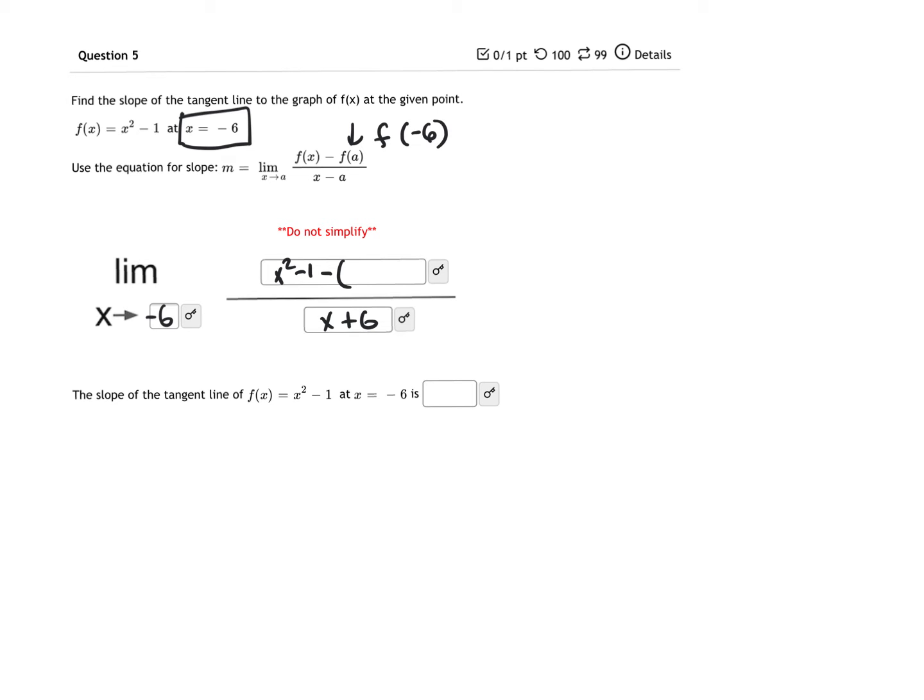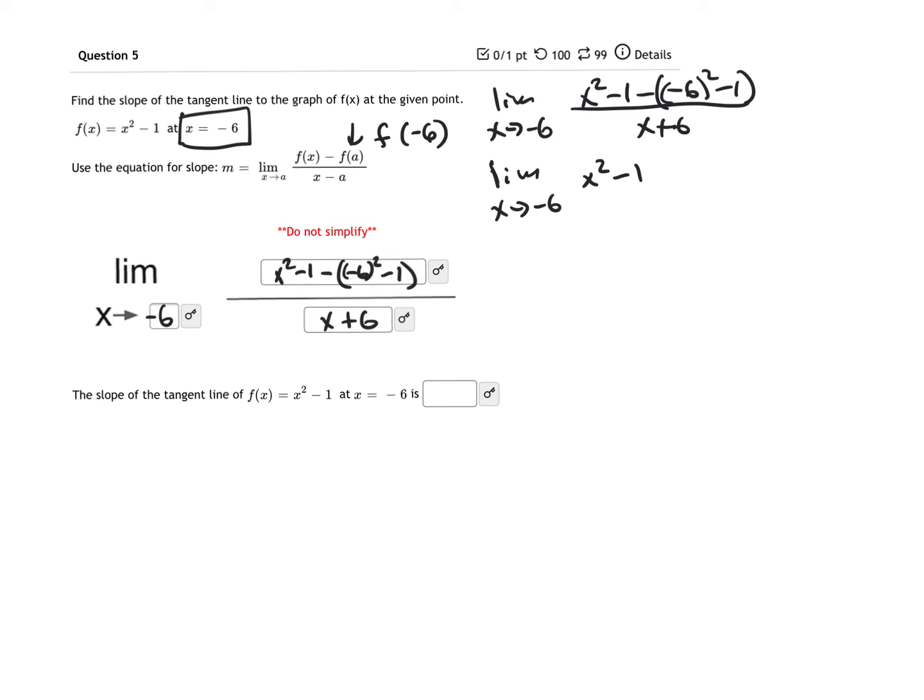So when I do that, I'm going to have -6 squared and then minus 1. Now I need to simplify that. So I'm going to do the limit as x approaches -6 of x squared minus 1 minus, and then a -6 squared minus 1, over x plus 6. So that's the limit as x approaches -6 of x squared minus 1 minus,